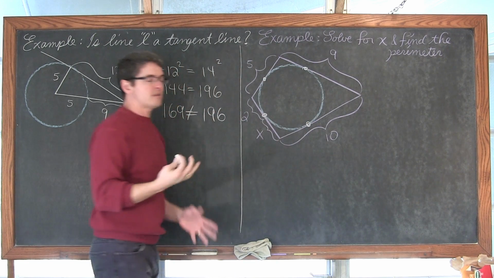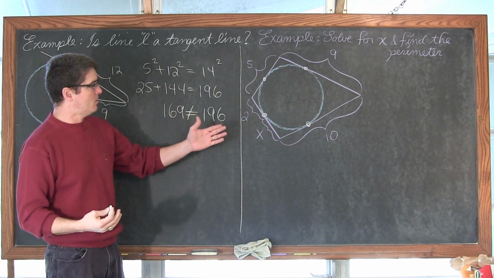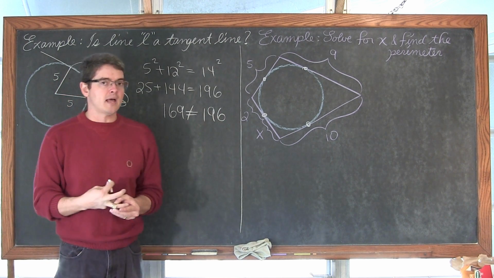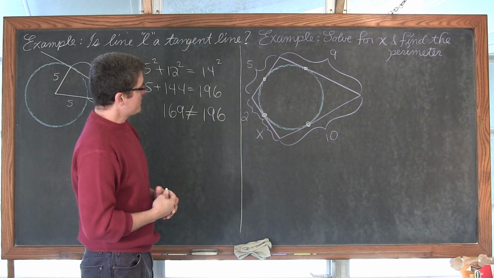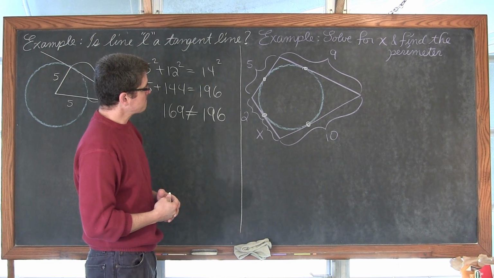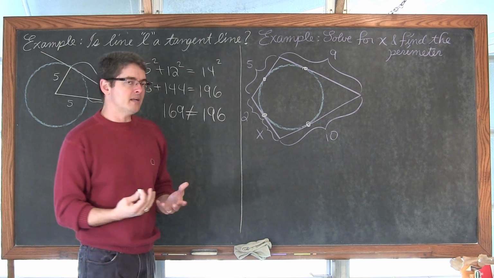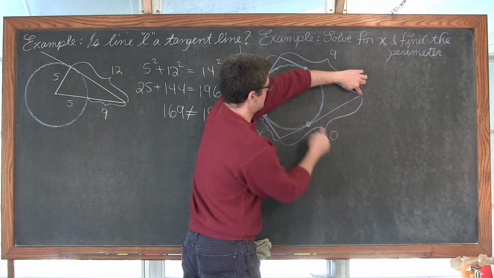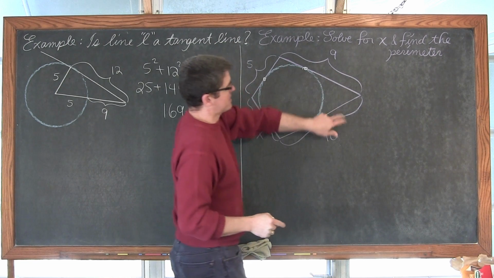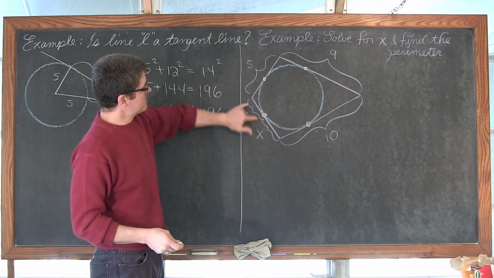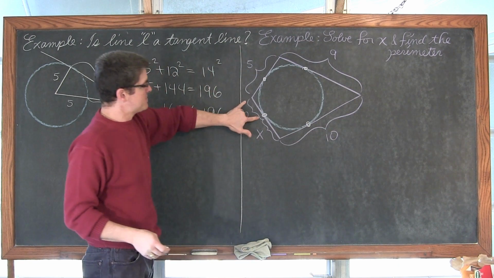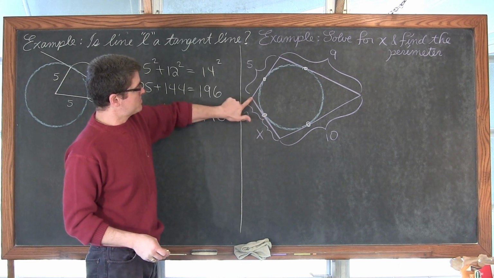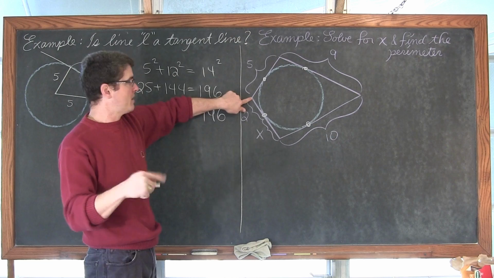And I want to use that theorem to find the value of x and ultimately find the perimeter of this quadrilateral. So it looks rather complicated, and it really isn't, as long as you remember that these segments from tangent to common external point are going to be equal. So I've given us entire lengths of 5, 9, and 10, and this is the only place where I've given you the length of a segment from a tangent to an external point outside the circle. So we can just work our way around the